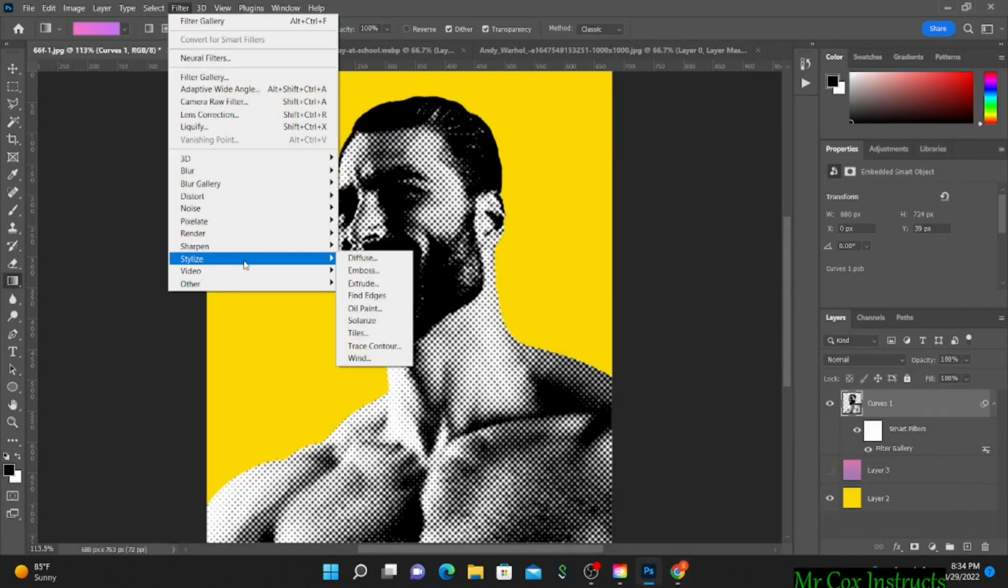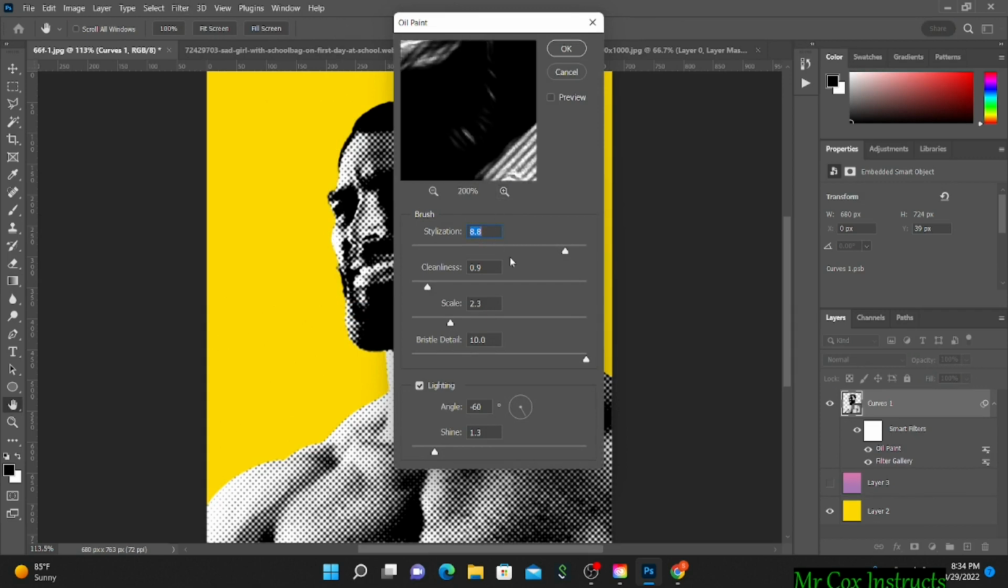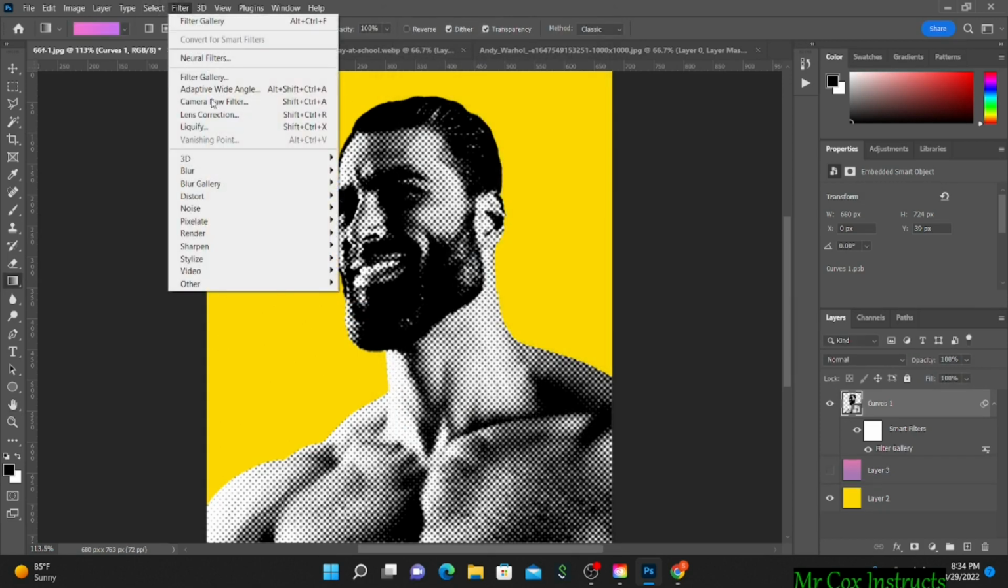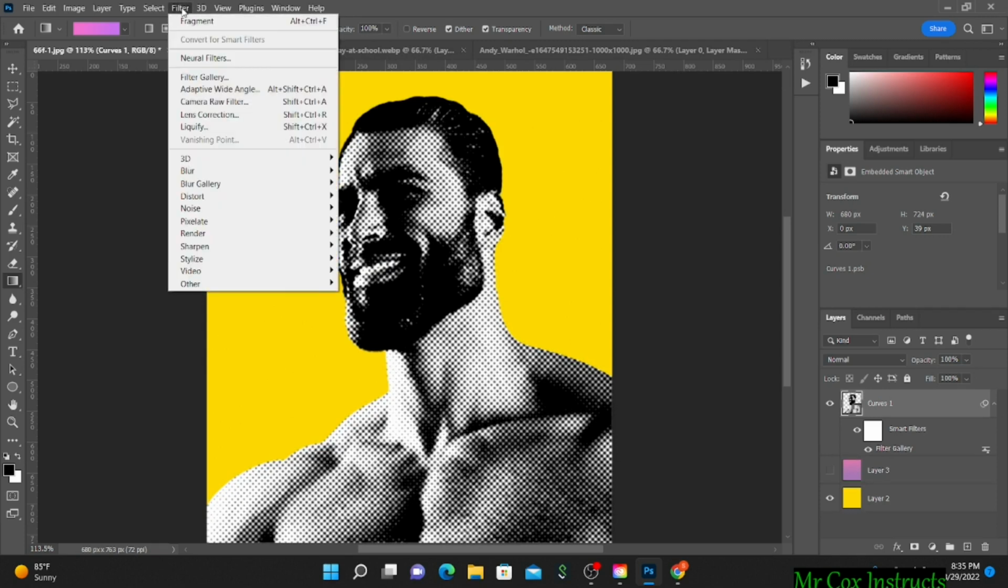Now here's where you can even do more stuff. Like you could stylize it to be oil paint. Or you can pixelate it. Okay, so there's all sorts of stuff you can do, but what we're going to do for this one is